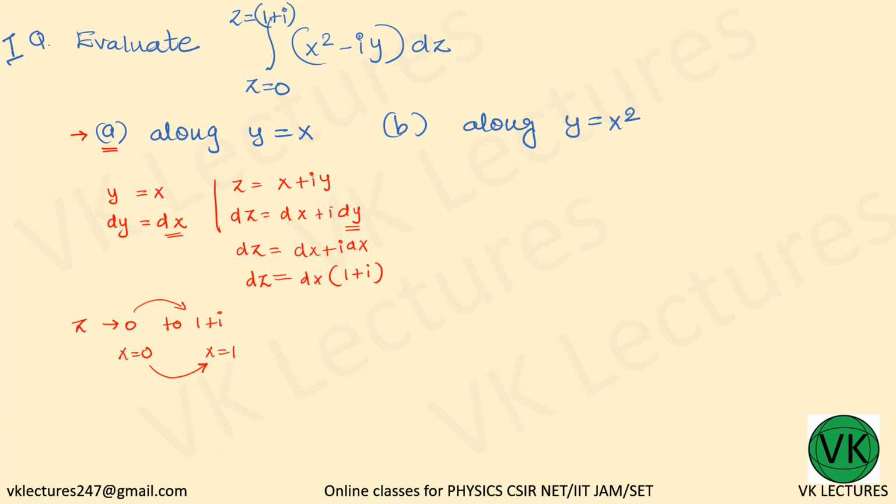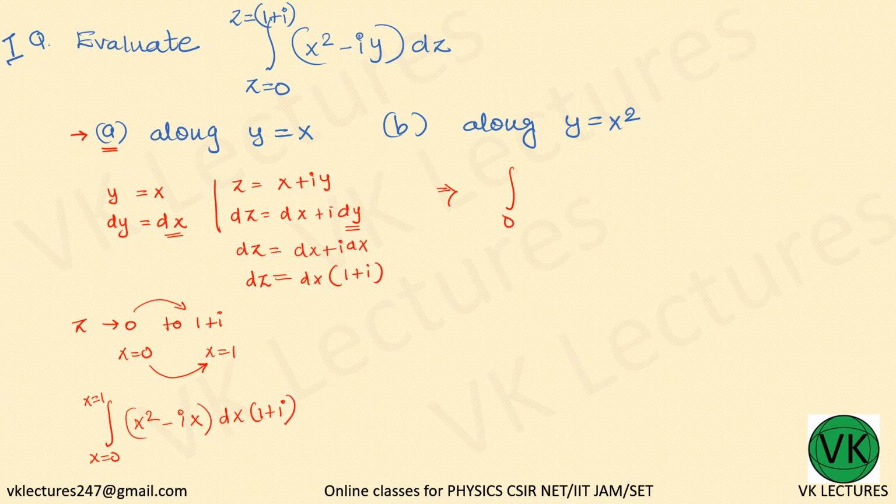So we can rewrite this integral as the integral from x equal to 0 to x equal to 1 of x squared minus ix, since y equal to x, and dz we replace with dx into 1 plus i. So this is equal to